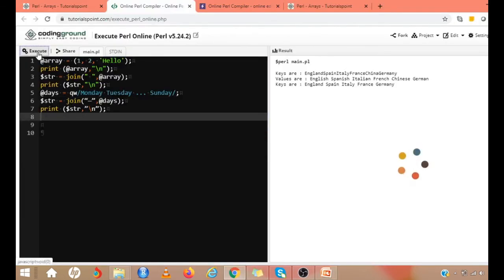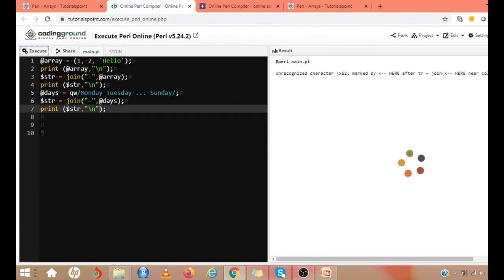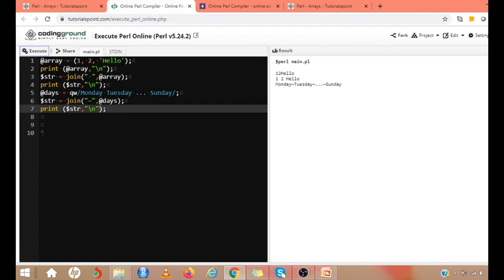Now we'll take the third snippet. I'm executing that, defining an array 1 to hello, and then I'm trying to print that. So here the data will be printed as it is, 1 to hello with no space in between. If I want to specify a space, I can use this join function. I can say within double quotes some space. So all the elements will be separated by a space and then printed. I'm just storing it in a str and then printing it.